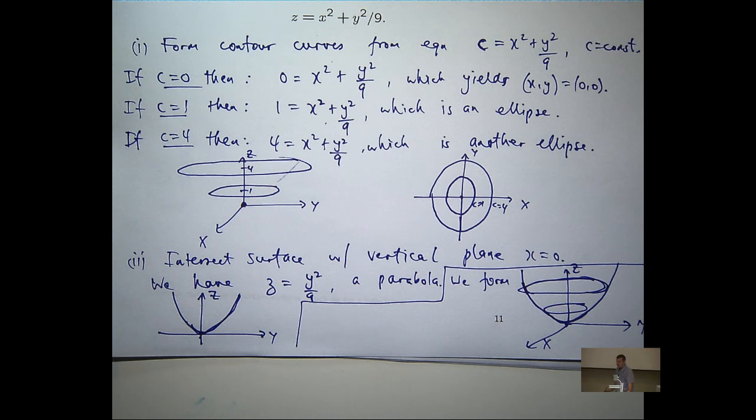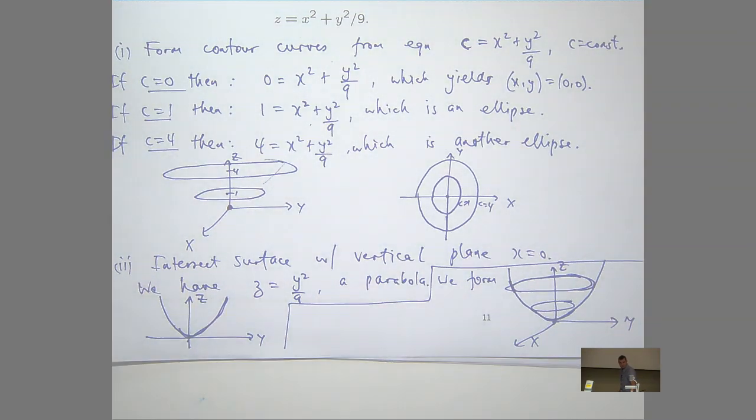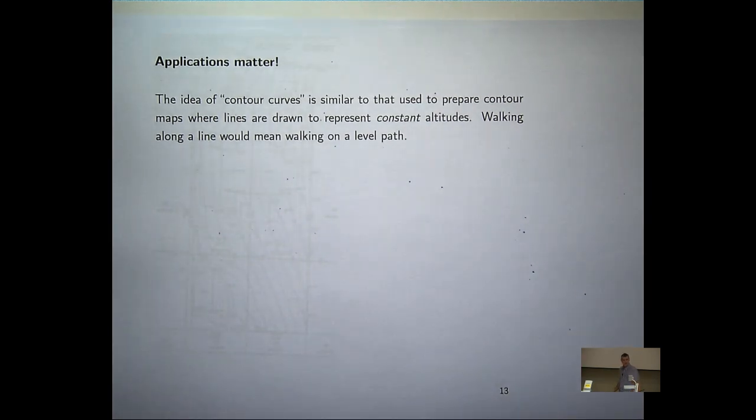Okay, so you've got the y-axis hanging out over here. Now, contour curves. One of the ideas that you may have seen with contour curves and level curves is in maps. With maps, you only have 2 dimensions to work with, right? But you want to give a 3-dimensional understanding. Let me give you an example of how you can use these things in